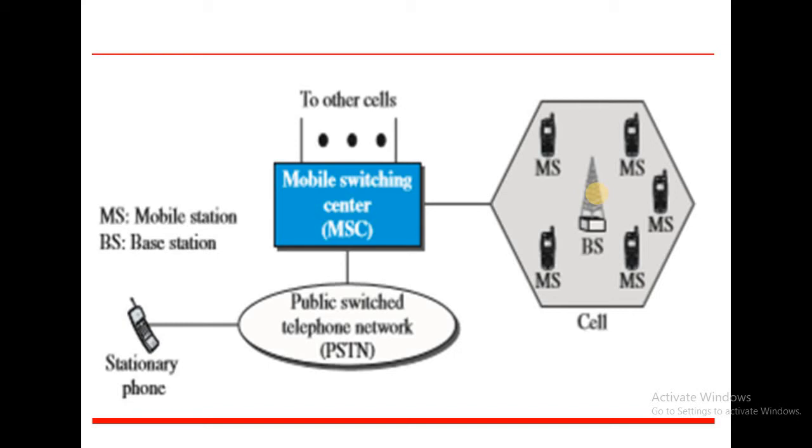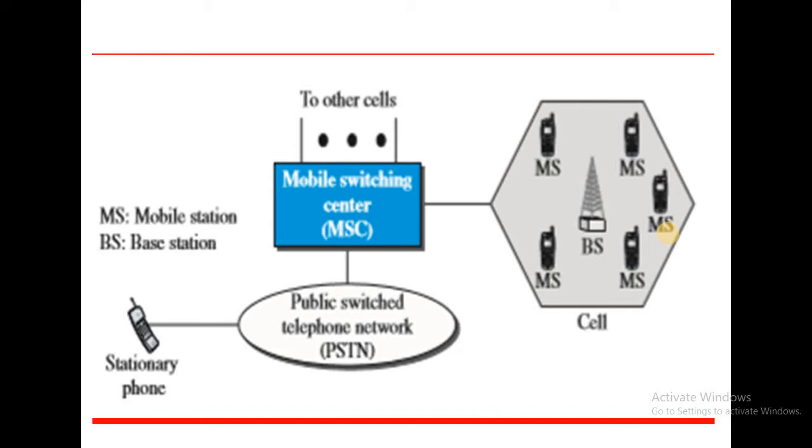To make tracing of our cell phones possible, we divide the area into smaller regions, and those smaller regions are called cells. It contains the antenna, which is powered by AC networks or solar networks, and all the base stations are in turn connected with the mobile switching center. You can see that the cell size is not fixed. It increases or decreases depending upon the population of the area. If the population is more, then the cell size is less, and if the population is very low, then the cell size is more. All the mobile stations are connected to the base stations.